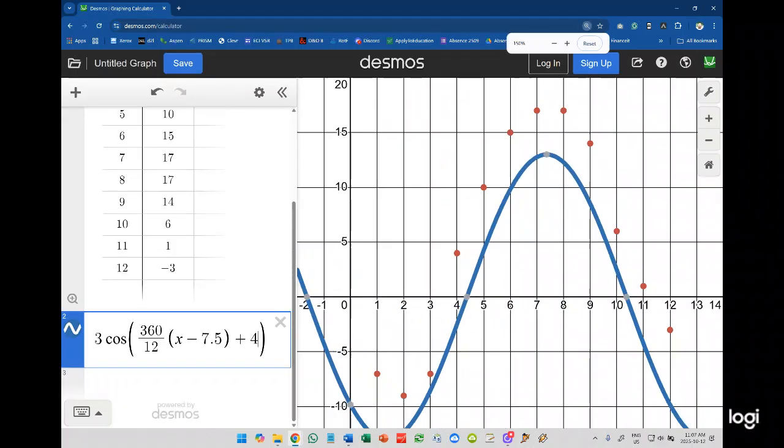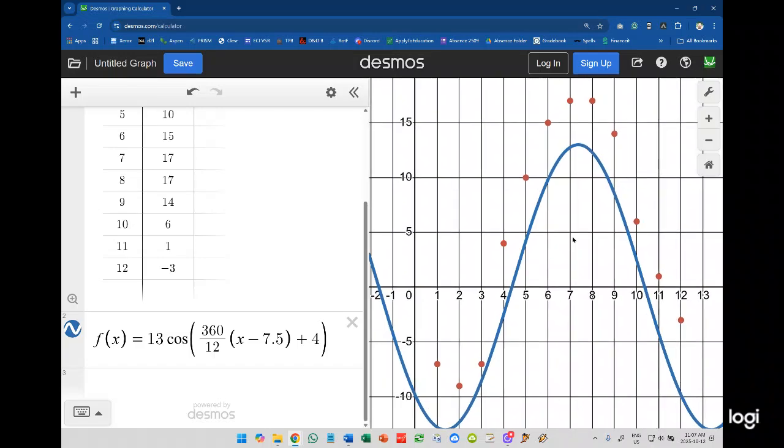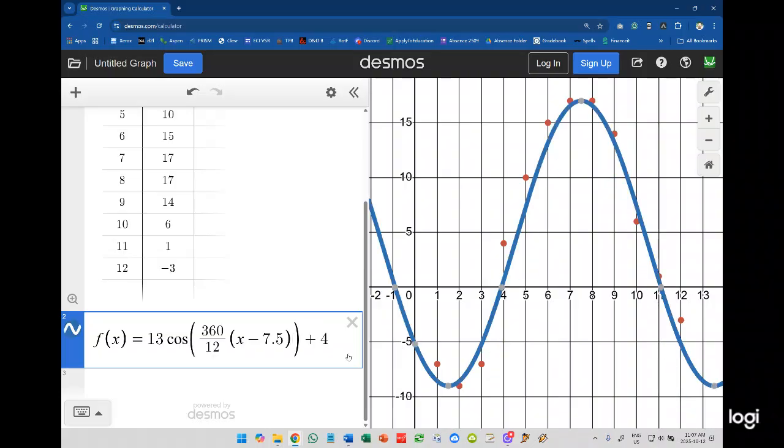I'm going to try and get this so everything's clearly visible. Oh, sorry. That's why I needed to make sure this was clearly visible. I put the +4 in the bracket. I want it outside the bracket. Okay, that's much better. And now you'll see that I'm actually not too far off most of the red